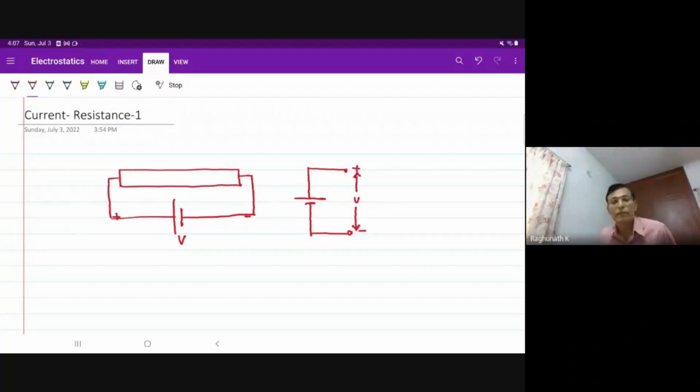Check it. It is capable of creating the potential difference between the terminals because